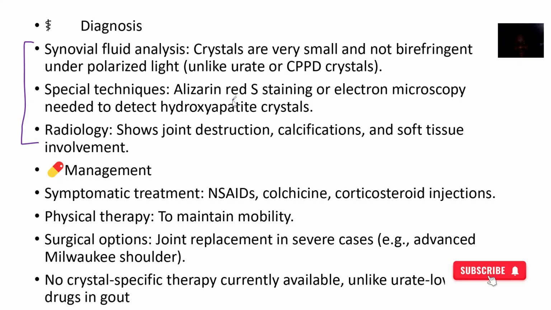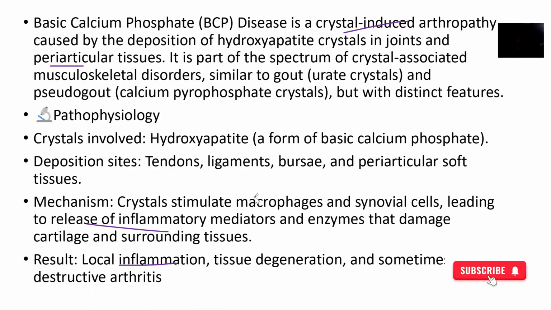Special techniques like alizarin red S staining, okay, or electron microscopy, just to detect those crystals. Then also imaging. So you manage it by using non-steroidal anti-inflammatory drugs, and also colchicine and corticosteroid injections. Physical therapy to maintain mobility. Okay, and joint replacement if the issue is so advanced. Okay, so that's what we got for this